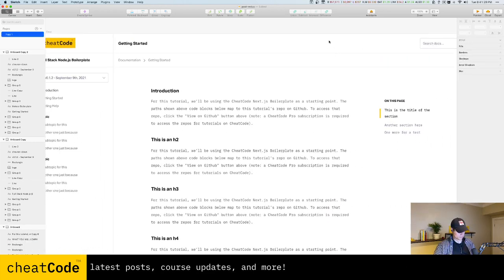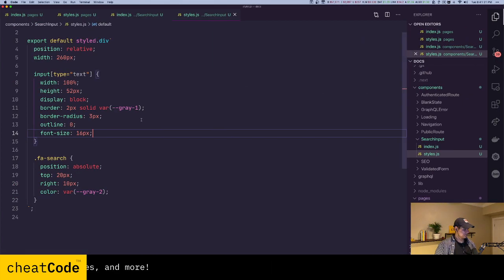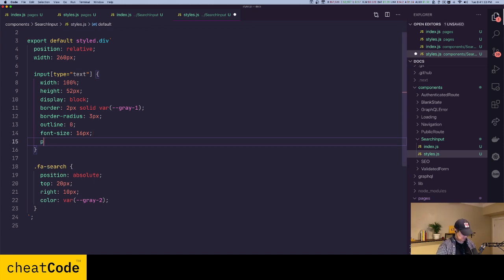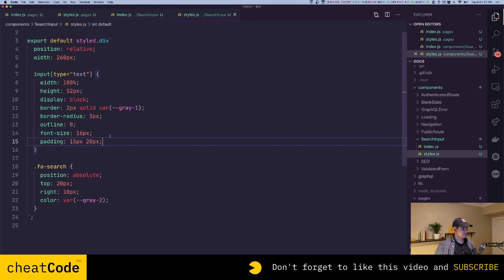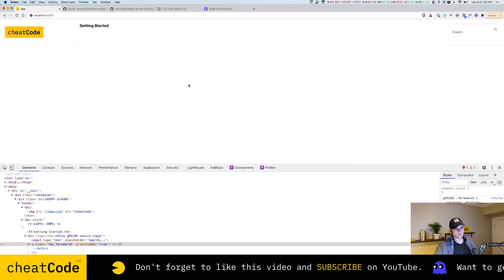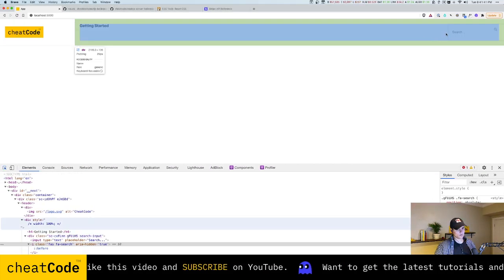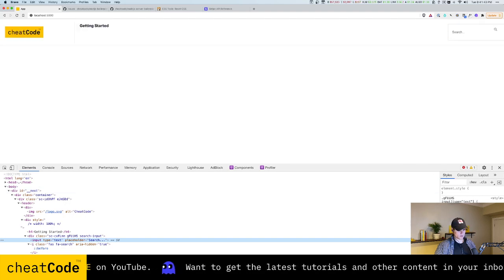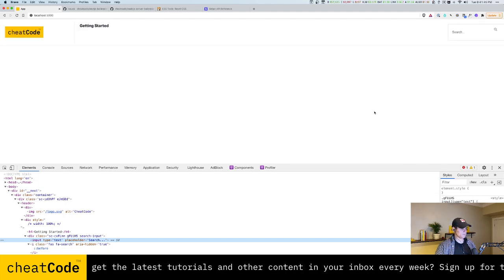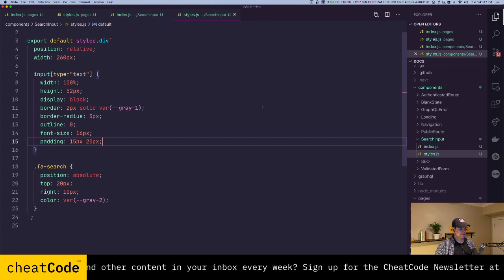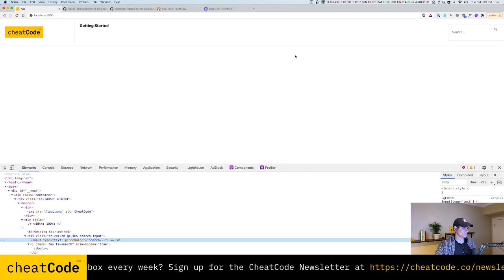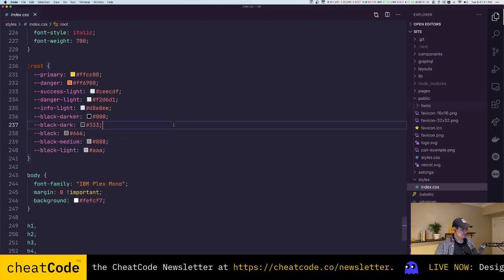There we go. 15 and 20. I have a feeling I'm missing a style here. Box sizing. Yeah, because we cleared out